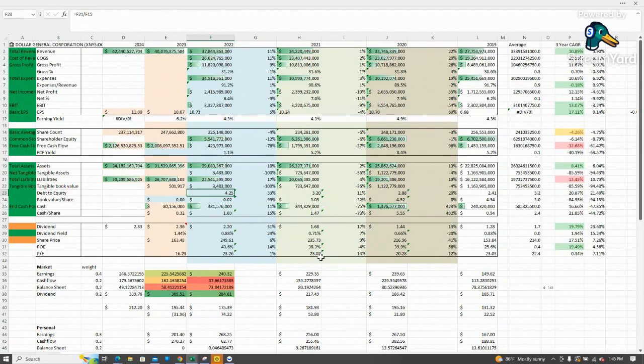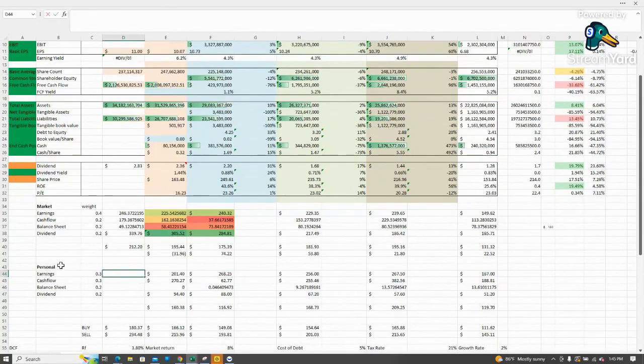I give it a hold because by Benjamin Graham's metrics, 4.3, that's decent. We're looking for something above 4% earnings yield. And then for Peter Lynch, we're getting his formula, we're getting a 1.68. So it's slightly undervalued. Personally, how I look at it, this is the weighting that I like to give stocks,